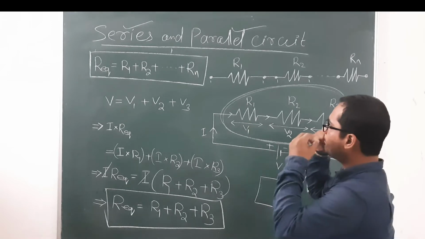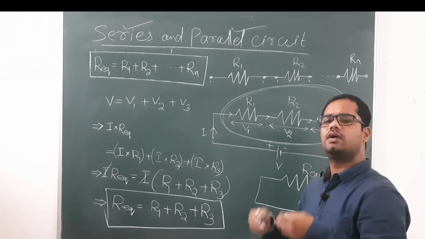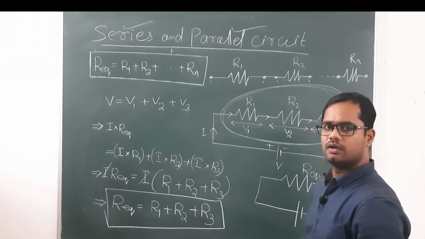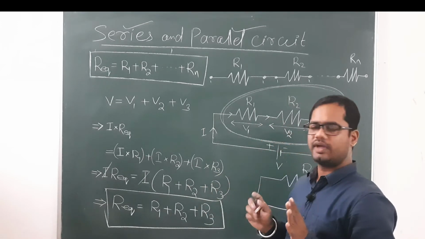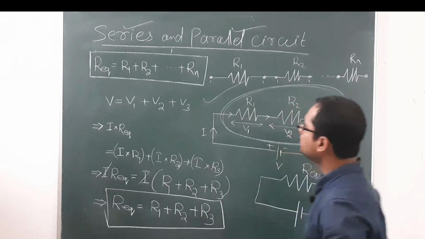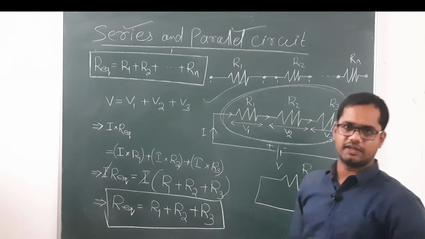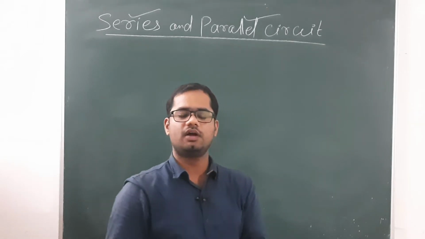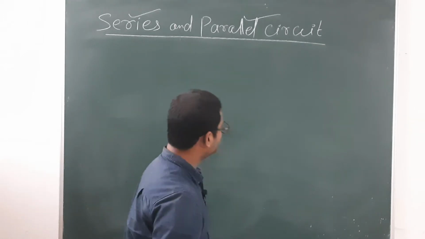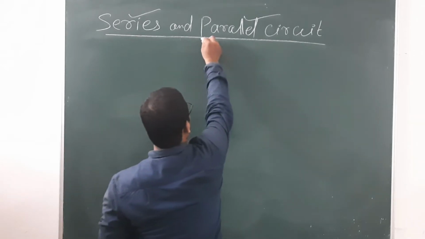If there are a number of resistances, the resistance values may be 100, maybe 1000, maybe any number. You only have to add the sum, the sum of the resistances. Then we will focus on the parallel connection. So, everybody got that? What is the series connection? How are the resistances calculated? Now come to the parallel connection.